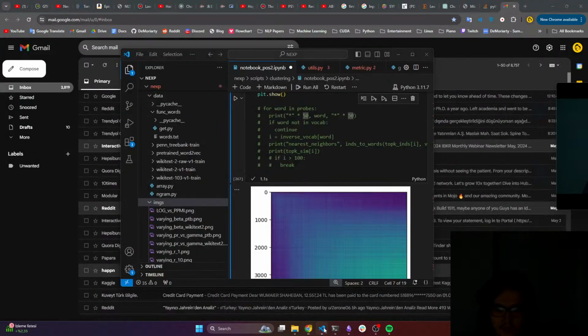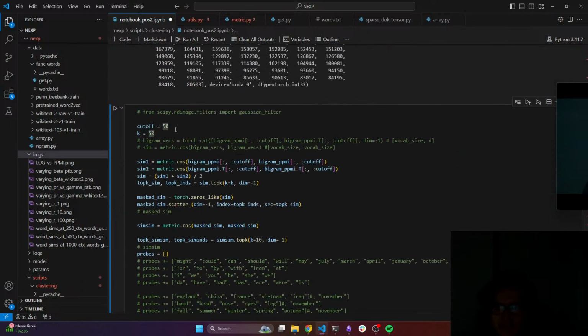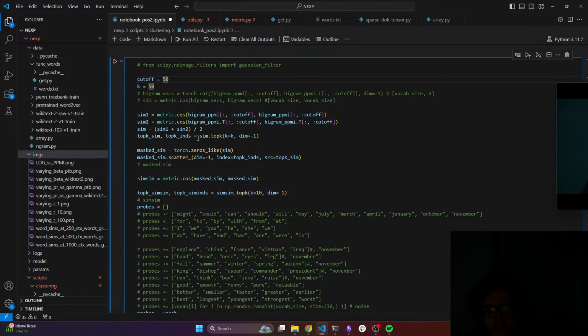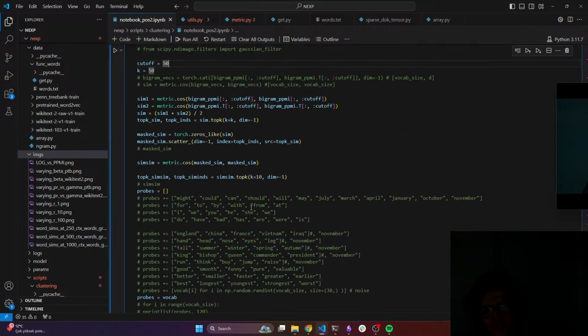We again have a similar thing, right? Let me increase it by 2, at 50. So these are less similar. That means that the content words are less similar to the function words. And function words, or these frequent words, are somewhat self-similar, and these words are somewhat self-similar for some reason.